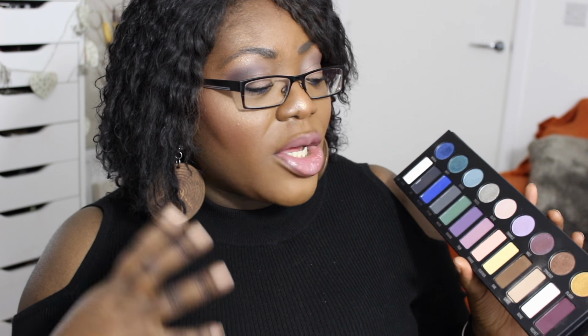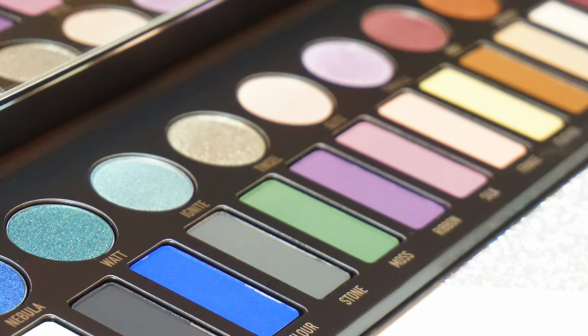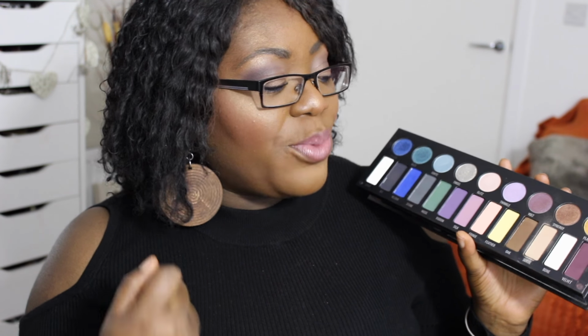Now, there are some cons to this, so I'm going to start off with the negatives, and then we'll go into the positives, okay? So for me, in terms of the negatives, I know what I saw when I picked up this palette, but I would have loved if the palette had a shade or two that was really good for transitioning, just a couple of warmer tone browns or something that would be really good for transitioning,